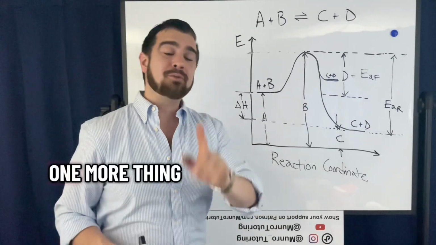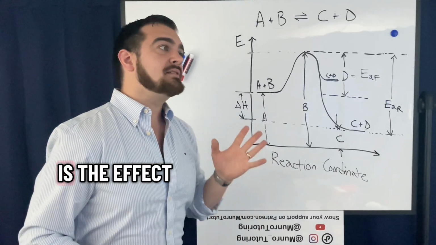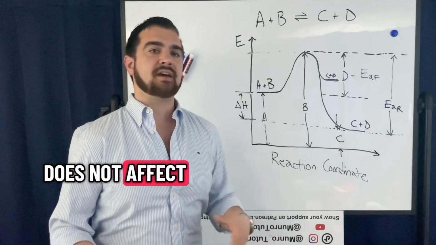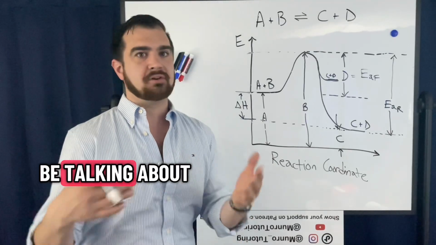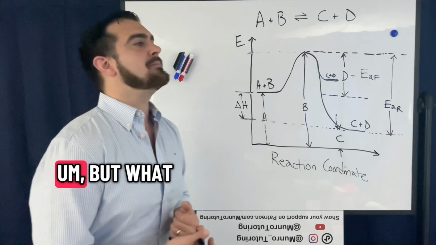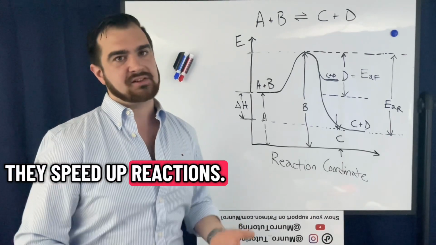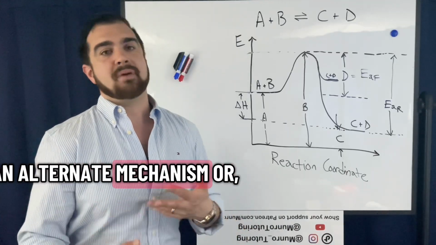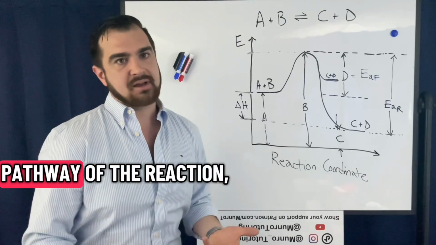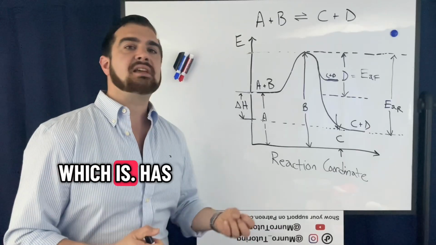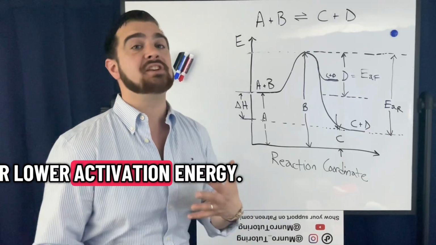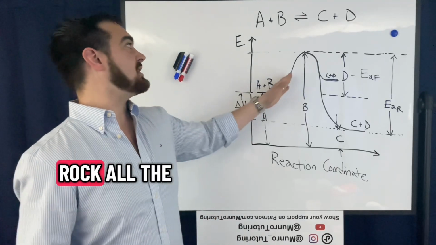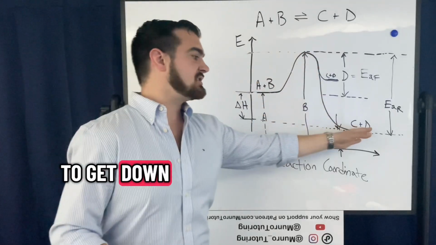Oh, yes. One more thing is the effect of catalysts. So a catalyst does not affect equilibrium concentrations, which I will be talking about probably in my next lesson. But what it does is speed up reactions. Catalysts speed up reactions by providing an alternate mechanism or an alternate pathway of the reaction, which has a lower energy or a lower activation energy. So in other words, instead of having to go from A and B and rolling the rock all the way up to the top of the hill to get down to our products,